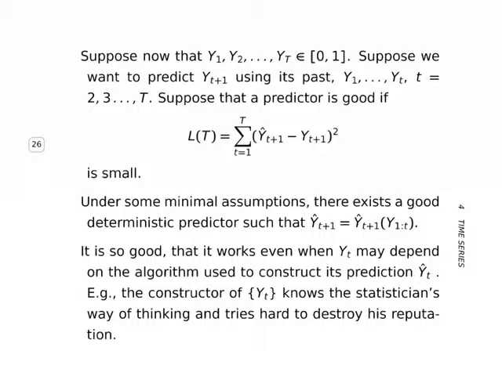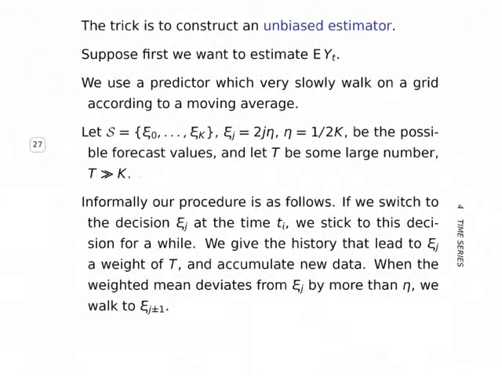So the question is, where is the difference between these two slides, where everything looks very similar, except for two things. First of all, in the slide I made one, I looked at a particular yt plus 1. Here I'm looking at y small t, there it was a big T, capital T. So that's one big difference between the two slides.